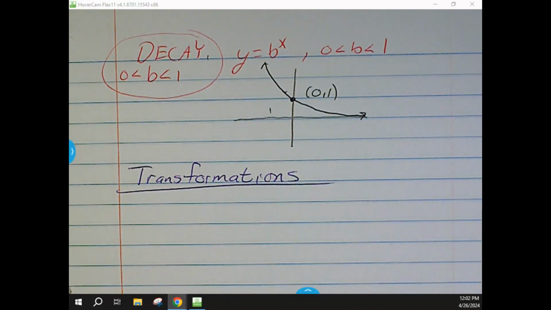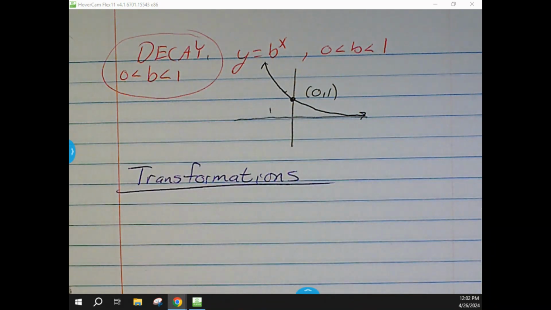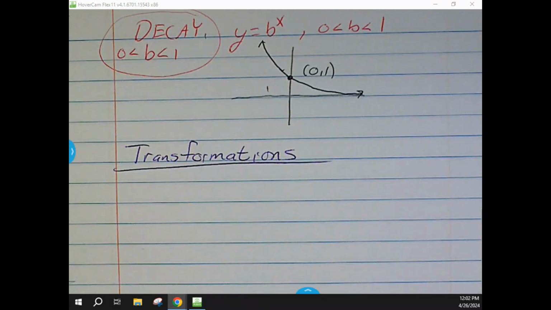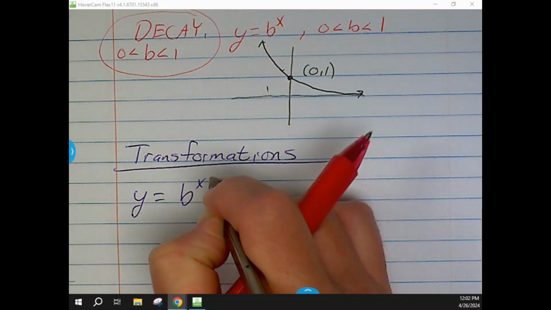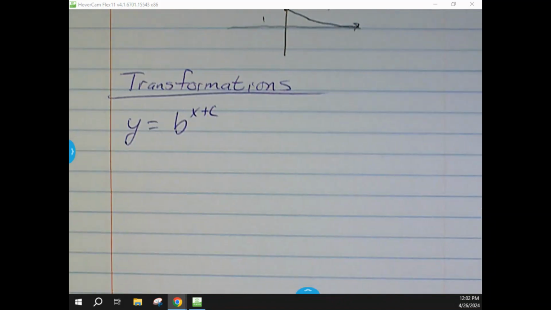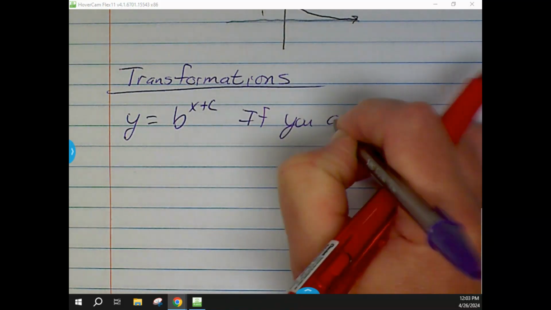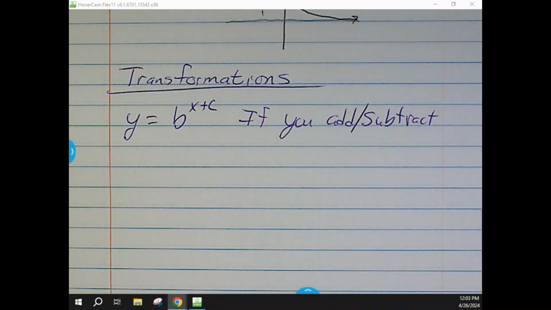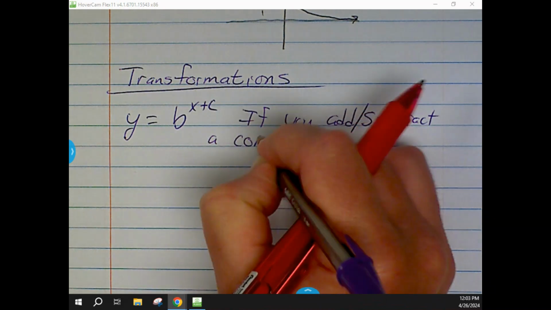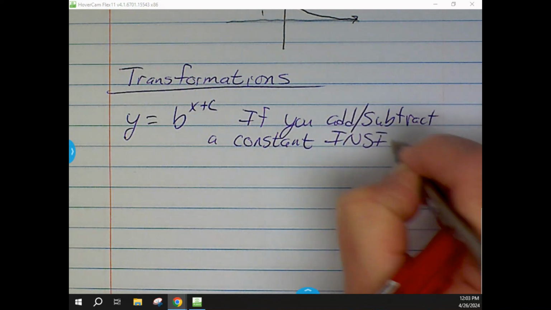Okay, so when we do the transformations, here's where we're going to take these graphs we've got and we're going to move them up, down, left, right, just like with x squared. We would move them up and down and left and right on these. So for this part of it, we're going to do basically the same thing here. So if you add some number, or again, you could subtract it. So we'll say if you add or subtract some constant, some number on the inside,